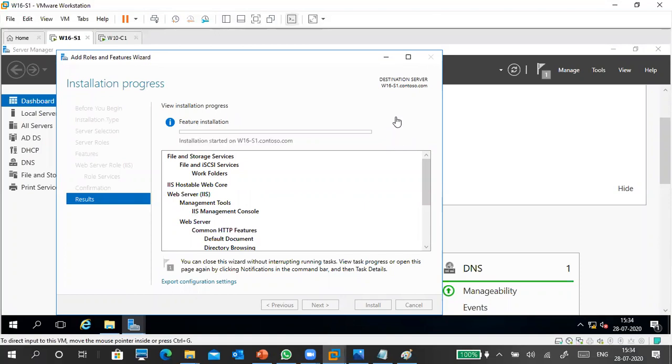Actually, in previous batches I showed not only Work Folders but also how to manage the size of the work folder using FSRM. Don't worry, I will tell you, maybe today or tomorrow. Okay, today is quite better. Tomorrow also we can do it. Tomorrow we'll see the entire storage, guys.